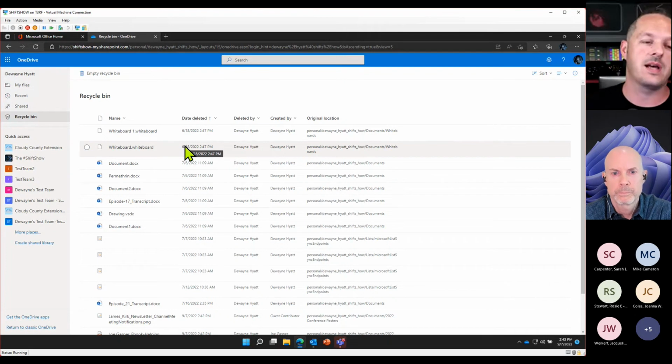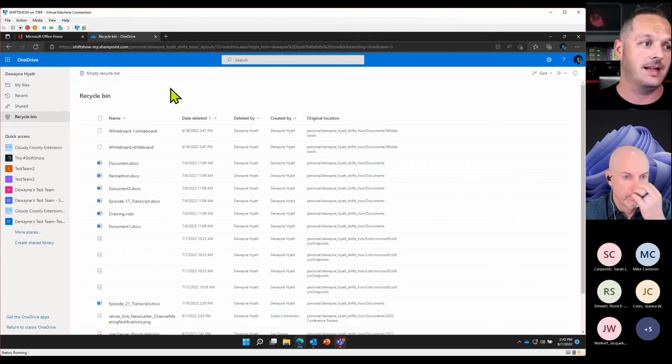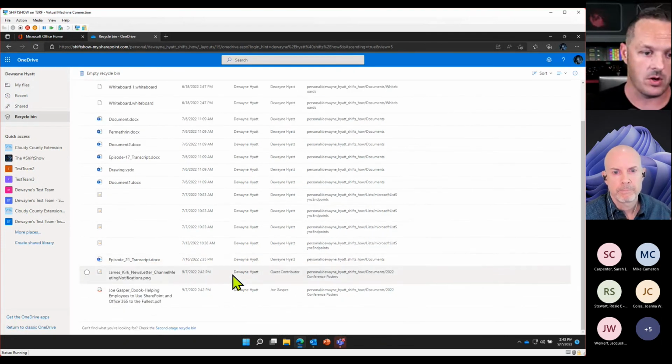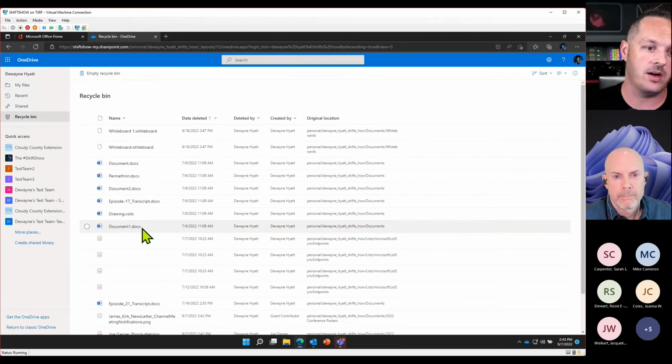The cloud-based recycle bin has a finite amount of retention. It is 93 days of retention. That's roughly 3 months, 31 times 3. So if the file has been gone for more than 93 days, you'll not be able to recover it from your recycle bin. So if somebody deleted the file, I guess we're kind of leaking over into Teams land here